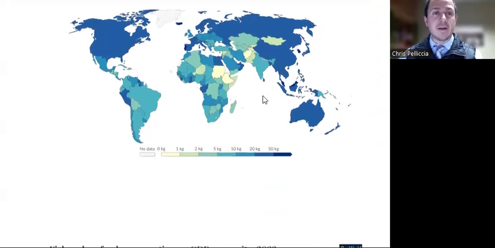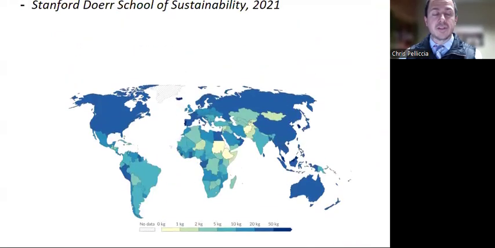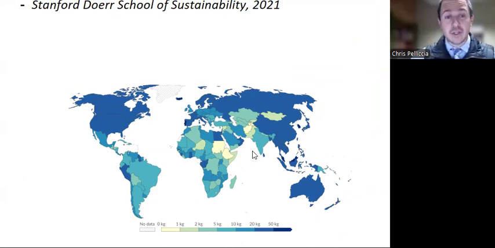We can see a graphic down here of fish consumption worldwide. Countries that are in darker blue are consuming more fish per capita. Countries in lighter blue or lighter green are consuming a little bit less fish. And you can imagine again that countries that are experiencing rapid population growth, and that already consume a large amount of fish, will begin consuming more and more fish as those populations expand.